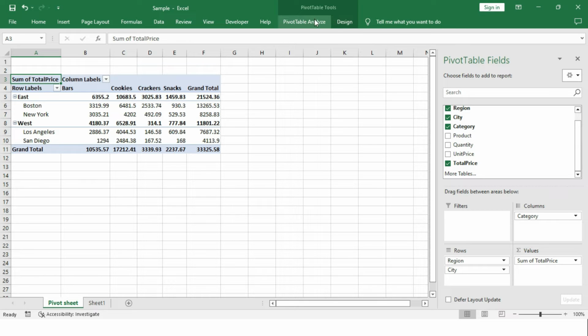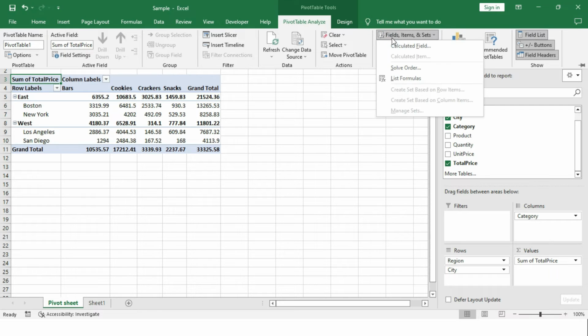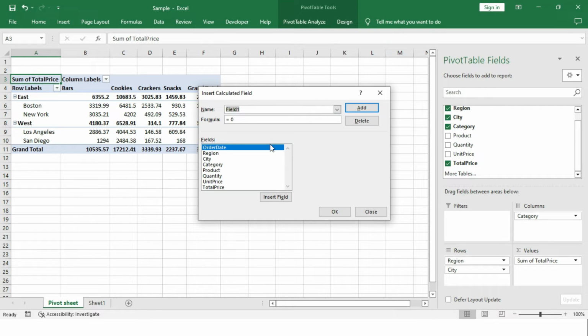For that, you just need to click on the PivotTable Analyze tab. You can see something called Fields, Items and Sets. Just click over here, click on Calculated Field. You will get the pop-up over here. You can give a name for the particular field, or in other words, we can say a column. This column is created only in the pivot table cache, and it will not be in our raw data sheet. So now I'm creating it as Sales Price